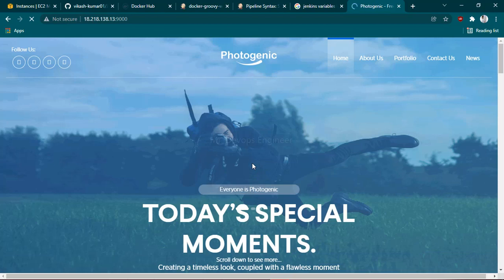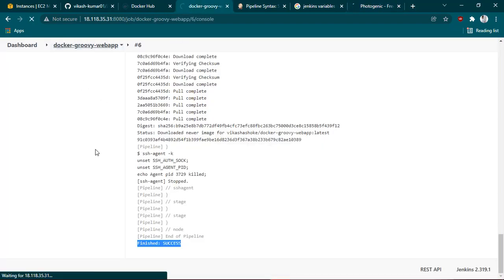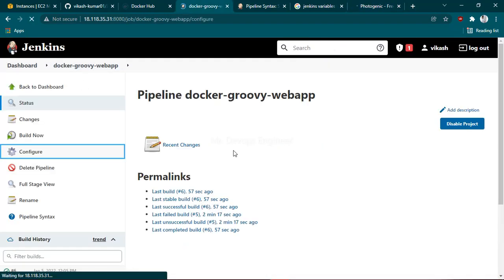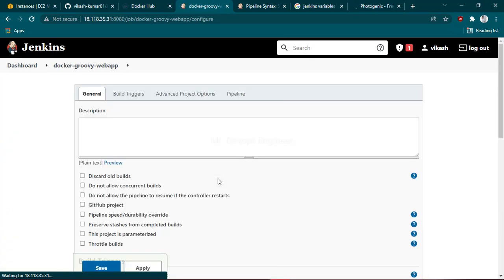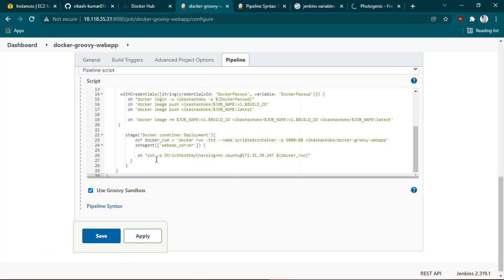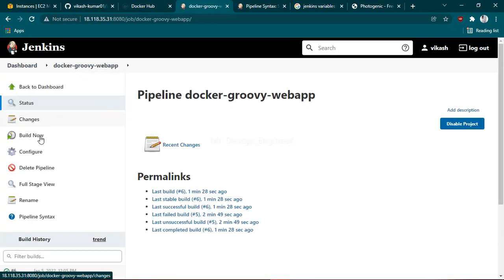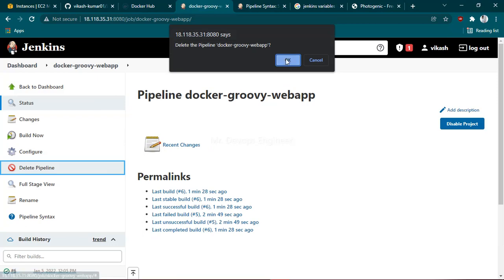So one more thing I would like to add here. Let's go to the pipeline. Let's go to the configure. So see, you are removing the image, that is fine, but what about the containers? When the next time you run the same, it will definitely fail, correct? So let's try that,